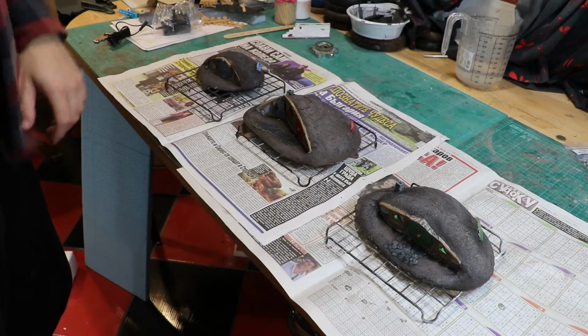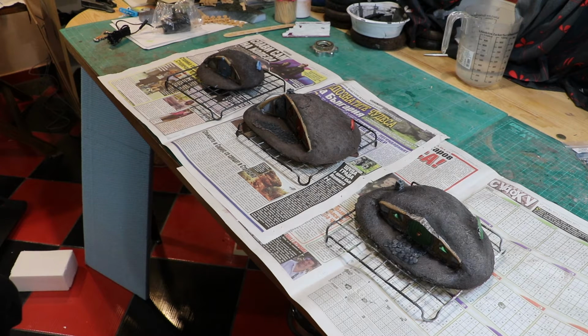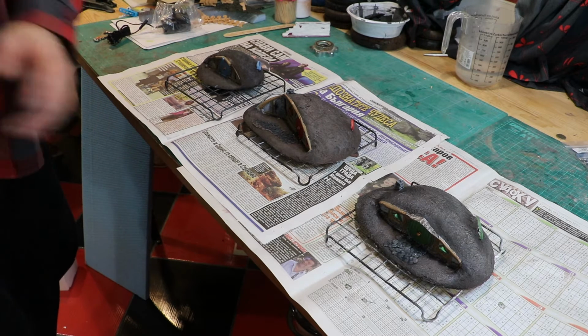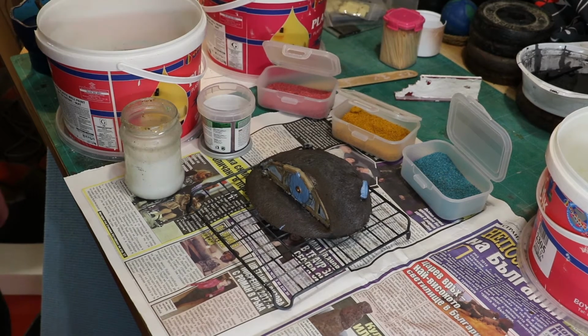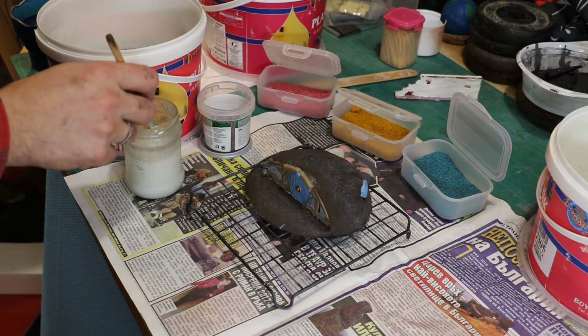The next process on these Hobbit holes is going to be doing the flocking. Now, that's something that I've done before, so once again I will do the small Hobbit hole and then finish the rest off not on camera. So I will just get myself set and then carry on with that task. I have to gather together a lot of different colours of flock, as I'm going to be doing not just grass but also some flowers. First of all, I have the